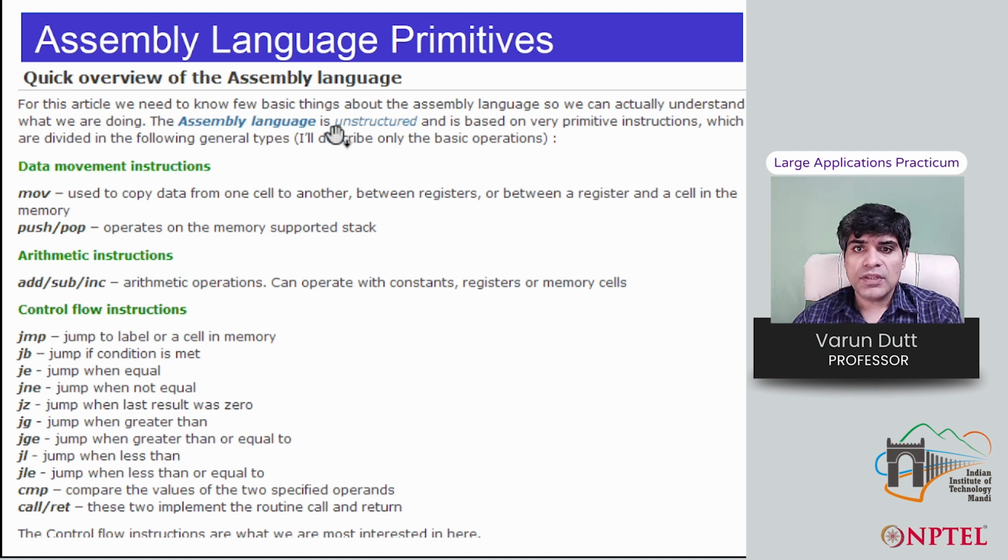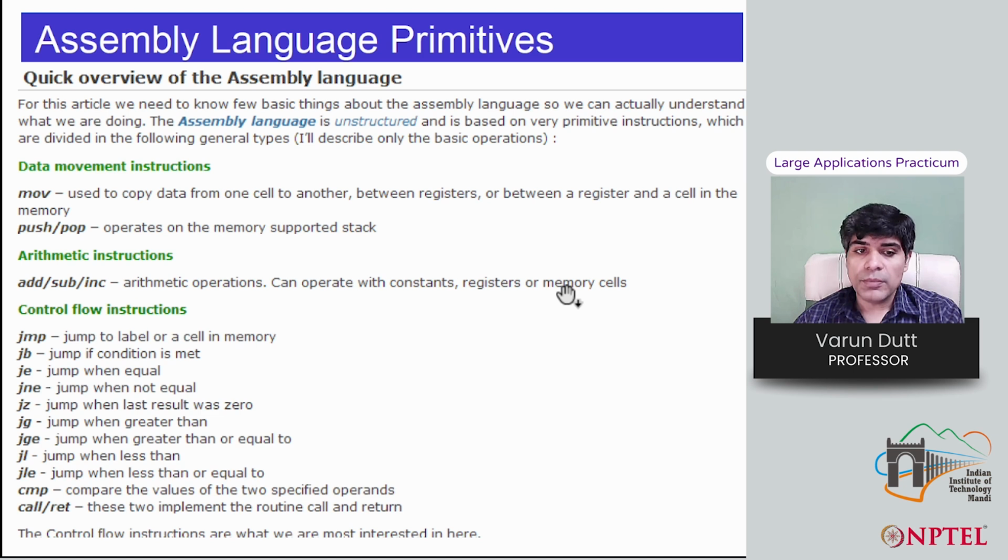So assembly level language is unstructured and is based on very primitive instructions, which are divided into the following general types. So these instructions may be move, used to copy data from one cell to another cell, between registers, and between a register and a cell in memory. And also there are instructions like push and pop, which operate on memory supported stacks. And then there may be instructions like add, sub, increment, which cause arithmetic operations and can operate with constants,